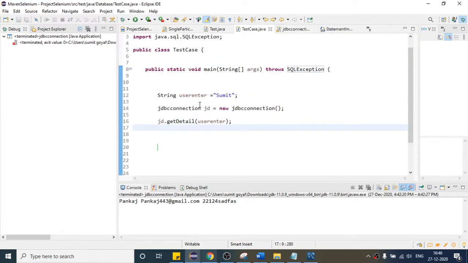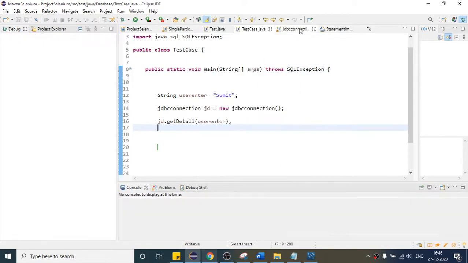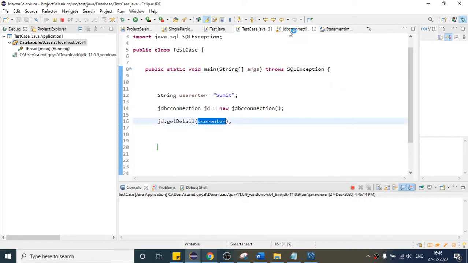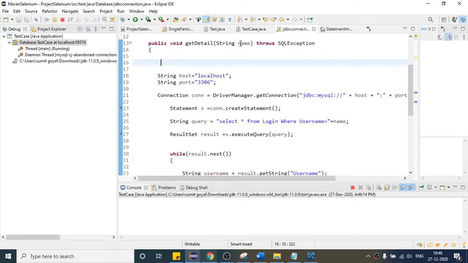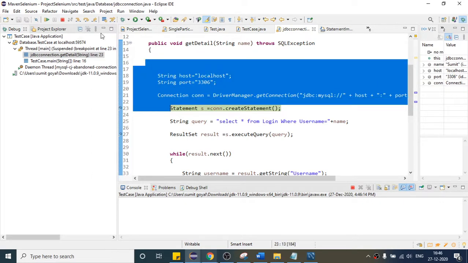So if I right click, debug as Java application. Now after these two execute, Sumit will come here and Sumit will also come here. So this method will execute and we should stop here because I have put one debugger. So we came here. What is the name? Sumit. These three lines will execute, the connection object will be created, and if you come down,